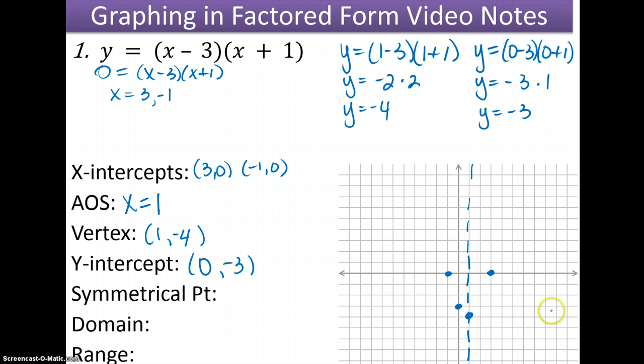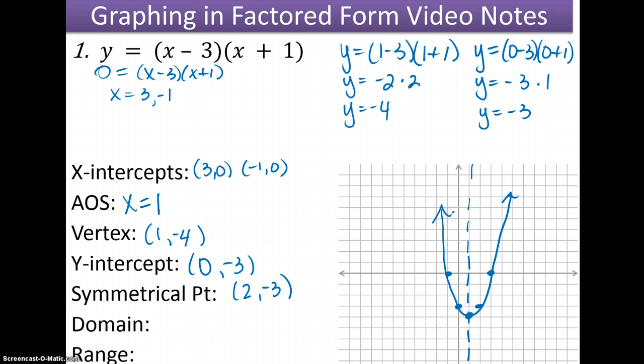Remember, another property of quadratics is that they are symmetric about this axis of symmetry. So if I have a coordinate here, I also have one that's symmetric across from that point as well. So my symmetry point would be at (2, -3). All right, well that looks good to me. I now have enough information to go ahead and graph my